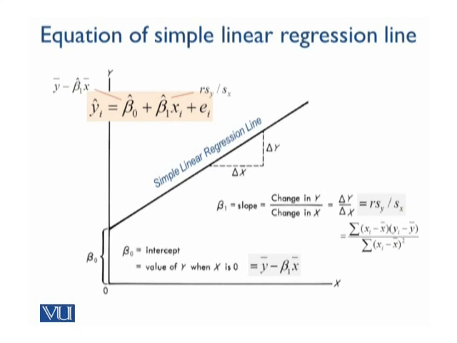For the SD line that we've already covered, this was the standard deviation of y divided by the standard deviation of x. In general, in the regression line the slope or beta 1 is actually equal to r multiplied by the standard deviation of y divided by the standard deviation of x. So if you have perfect correlation, your value of r would be 1. In that case, you are actually on the SD line.